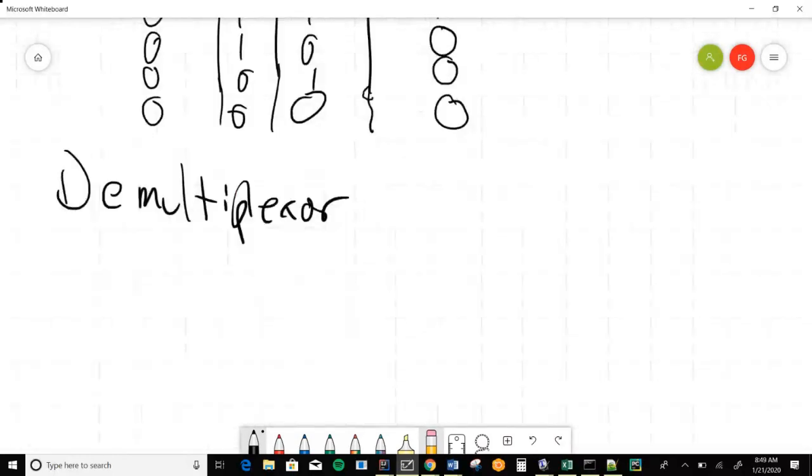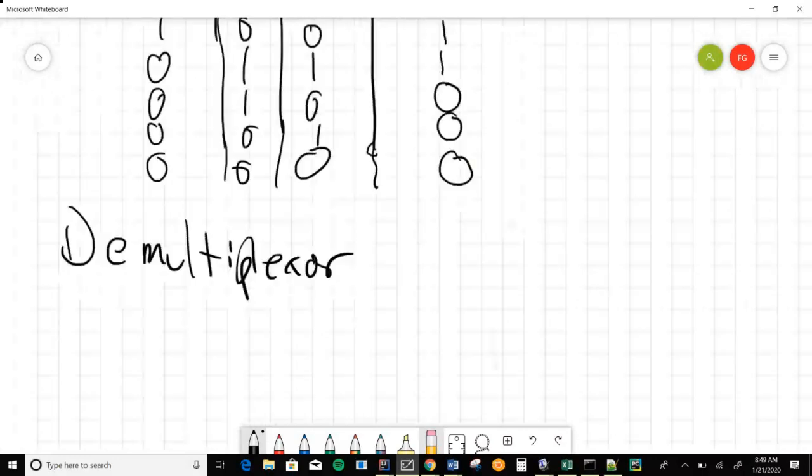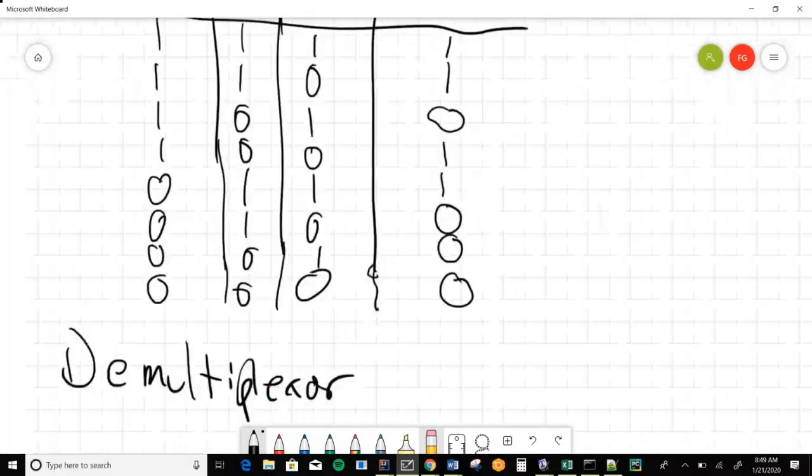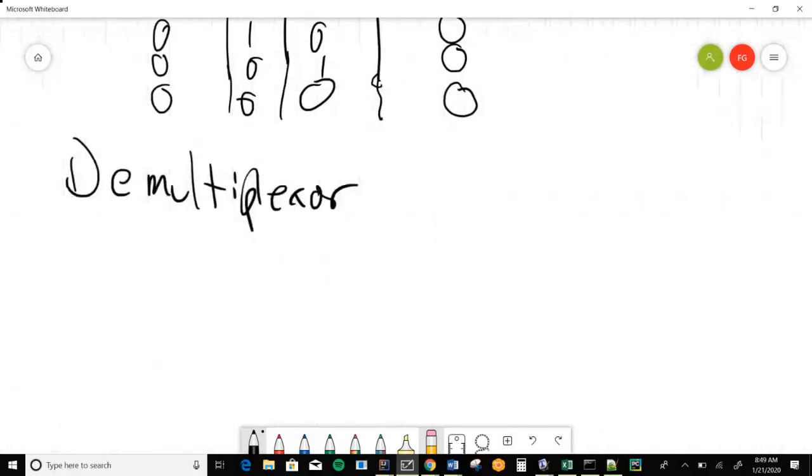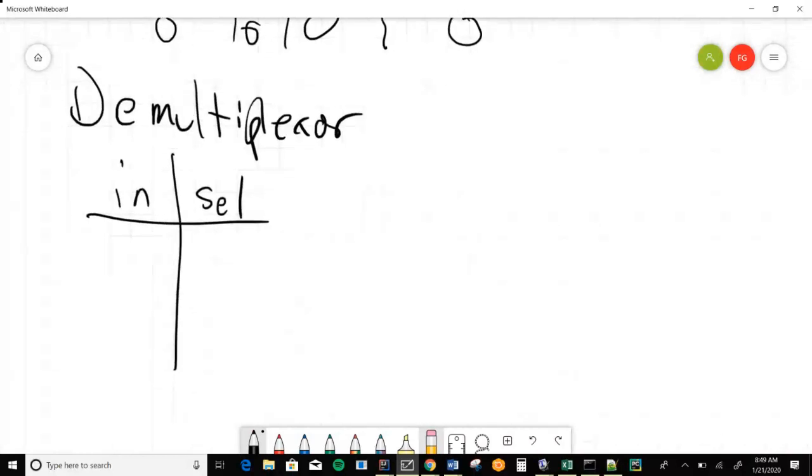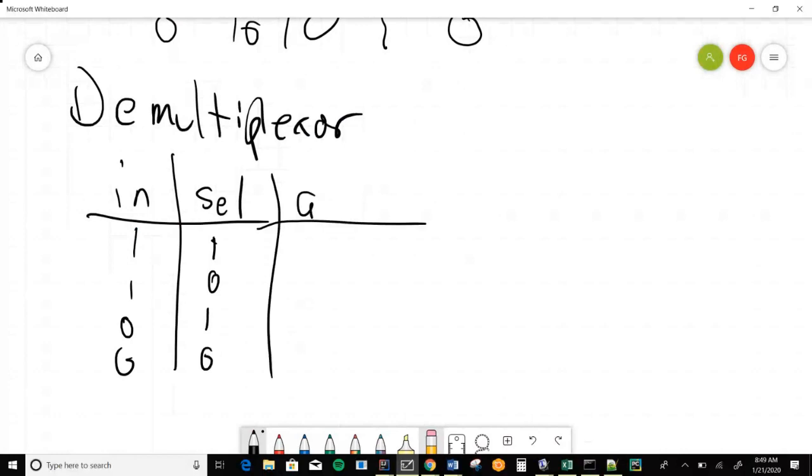And it's going to be quite distinctive because it's the very first circuit we create that has more than one output bit. So what's the truth table going to look like for a demultiplexer? Well, first we have to talk about what our variables are. So we've got in and select. These are our inputs. They are exhaustive. Like so. And then we have our A output and our B output.